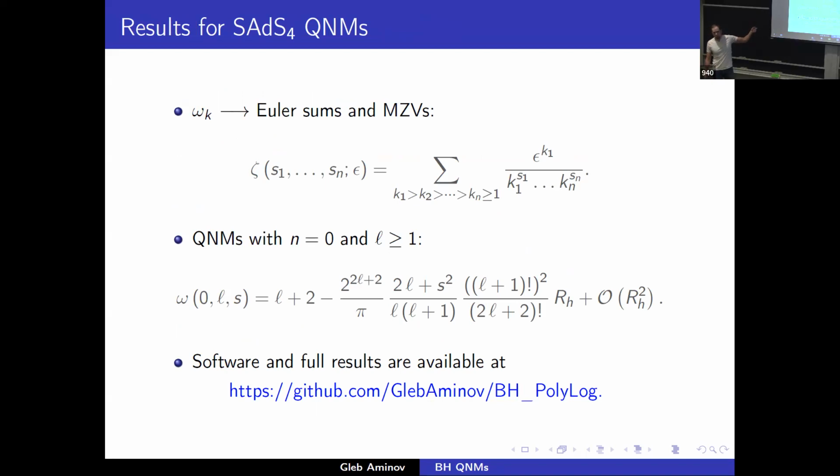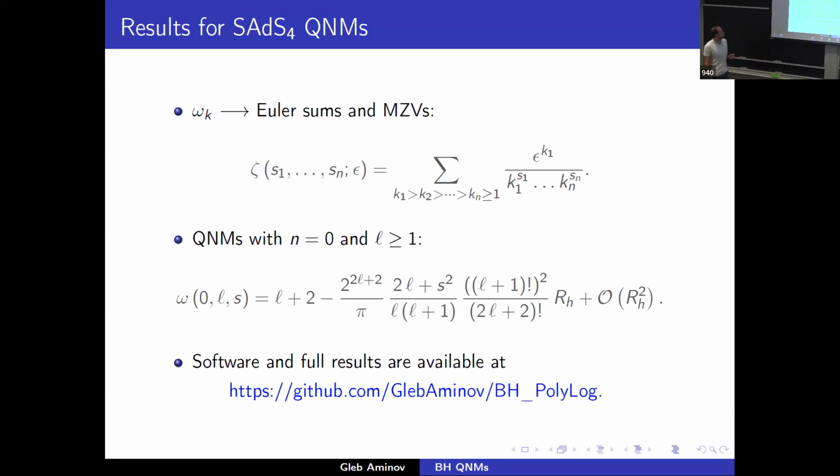Initially I will just call them MZVs, multiple zeta values, where epsilon can only be one. But Euler sums can have plus or minus one, so epsilon there is plus minus, and there is a whole story about it. People studied it in mathematics, and this multiple polylogarithms business is also studied. It comes up in QCD because they also have iterative integrals there. So this part has had some research done by different